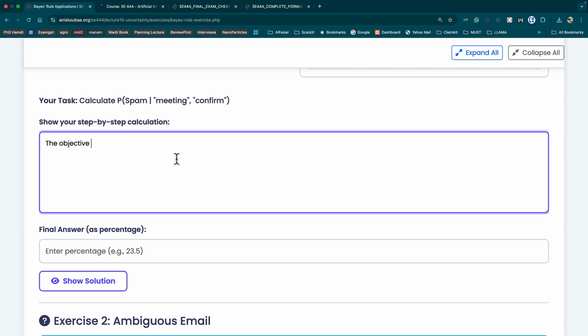So now the objective is to calculate what? This one. Okay, so this is how we reason about the problem. Which is the probability of spam given that we have observed the words. Okay, so now spam is the posterior,